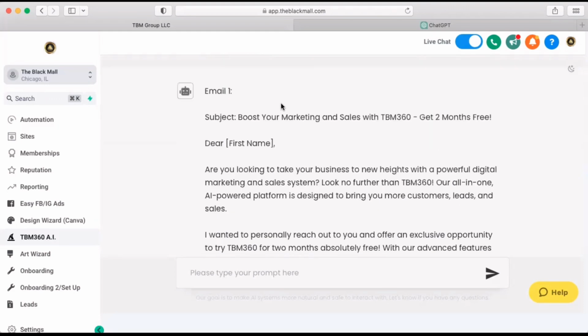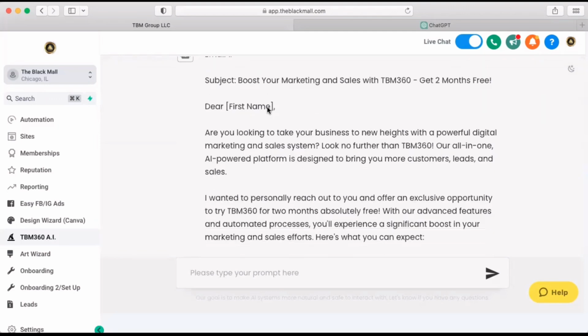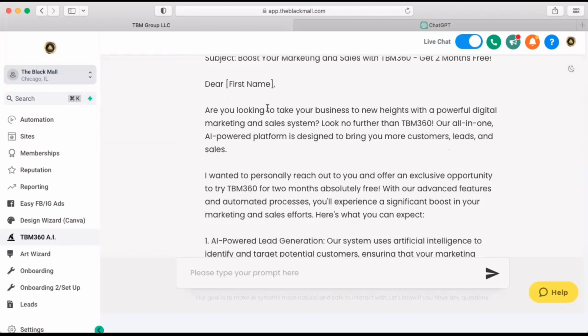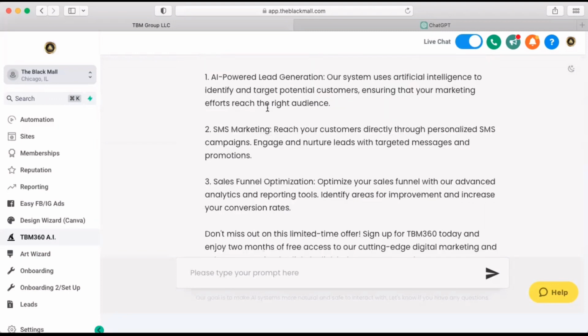Description. So write email 1, subject: Boost your marketing and sales with TBM360. Get 2 months free. So it's got it. It's figured out what you want to do, and it's put in the subject line already to be able to captivate whoever your leads are in your current customer database. Hey, dear Cassie, are you looking to take your business to new heights with the powerful digital marketing and sales system? Look no further. All right, so I'm not going to read through all of this, but as you can